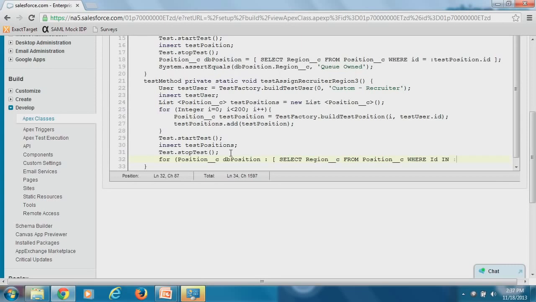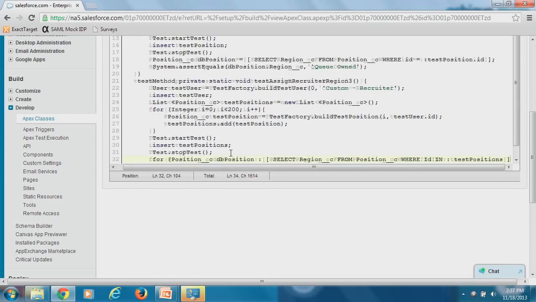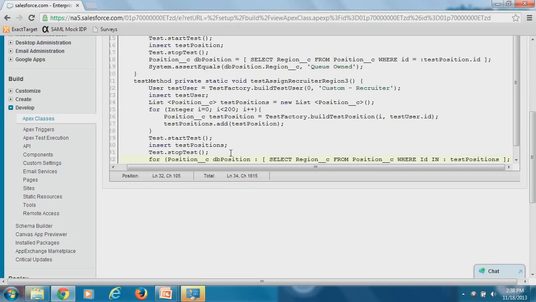So we do where Id in colon testPositions. We close the square brackets, close parentheses, no, not semicolon,